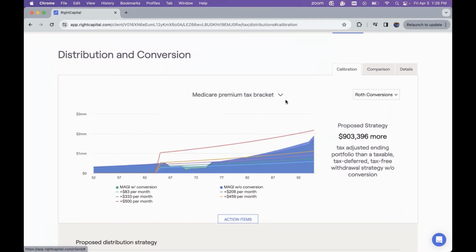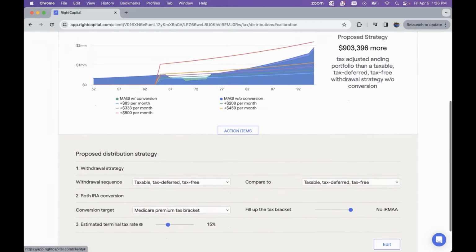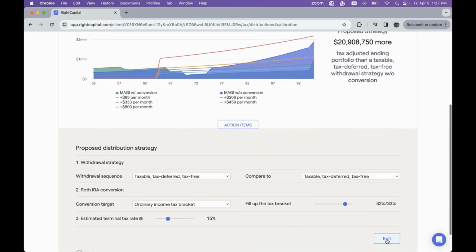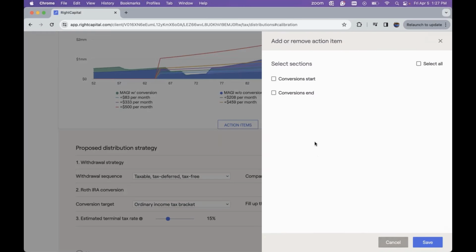And especially as we're having our conversations with the client, there are, of course, those times where as we're looking at these different ways to fill up the tax brackets, that maybe Roth conversions might be going to an age at which they're not comfortable doing Roth conversions. You do have the option to indicate and control the timing at which the system would be calculating Roth conversions via this tool. To do so, we can click on the edit button right here, and this will open up